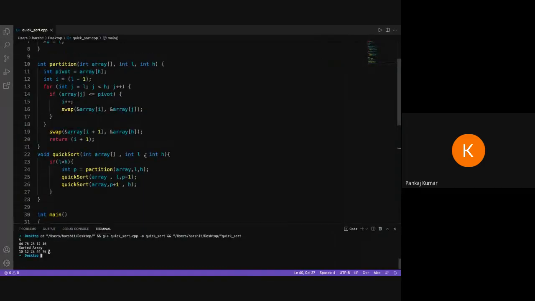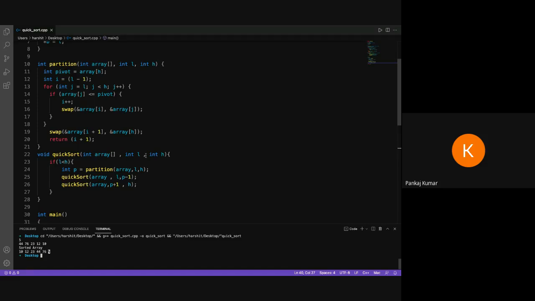So you are taking the last element as the pivot, okay. Then i is equal to l minus 1, no problem. Then j will start from l, correct, and j less than h, j plus plus. Then we compare the j value with the pivot element, then i plus plus. Both i and j increase. Then we pass the addresses of i and j for swapping. After that, you apply i plus plus, then return i plus 1 as the next pivot element, and then quick sort will be similar.